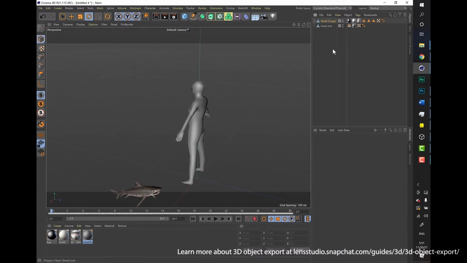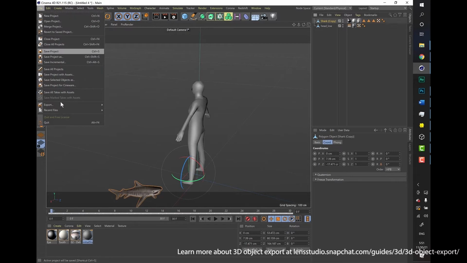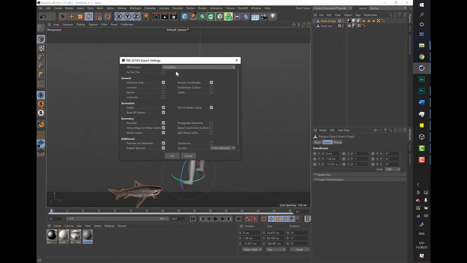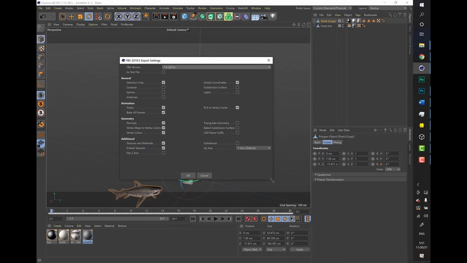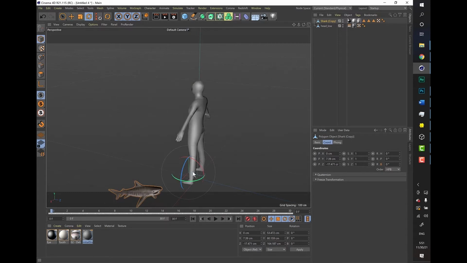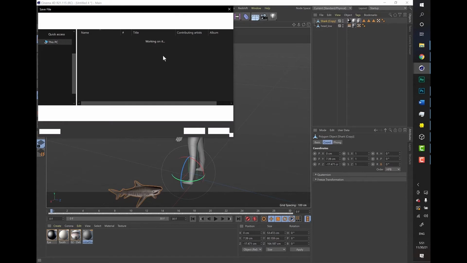Select the shark, go to file, export FBX. Make sure to select FBX version to be 7.4 2014. Make selection only options. Click on all options in animation, tracks, bake, all frames, BLA to vertex cache. You can screenshot these settings to use it later. Click OK. Now we'll select the destination,